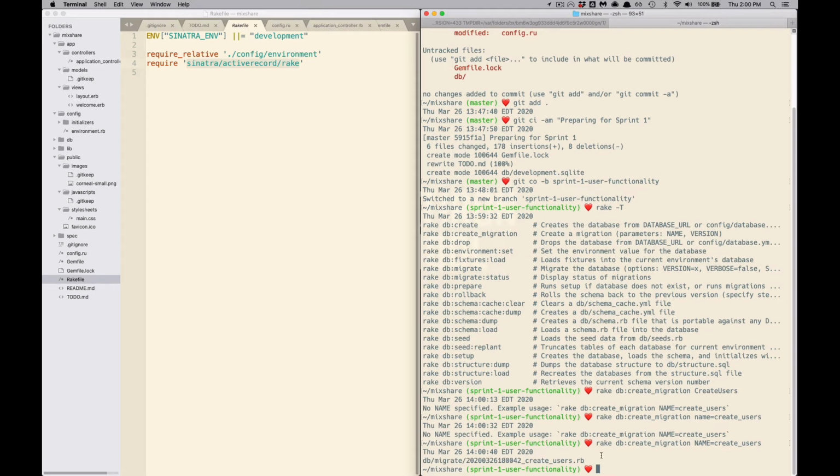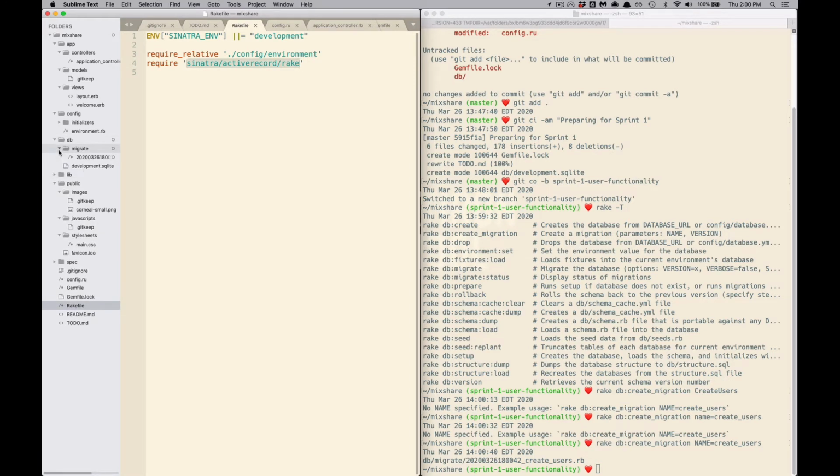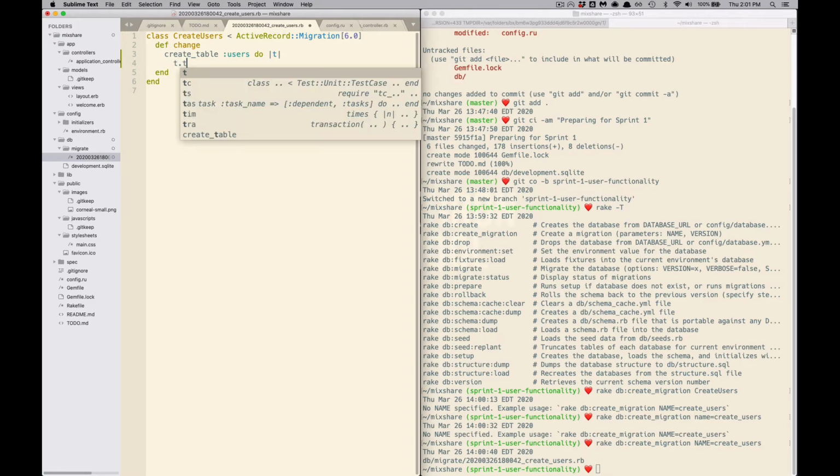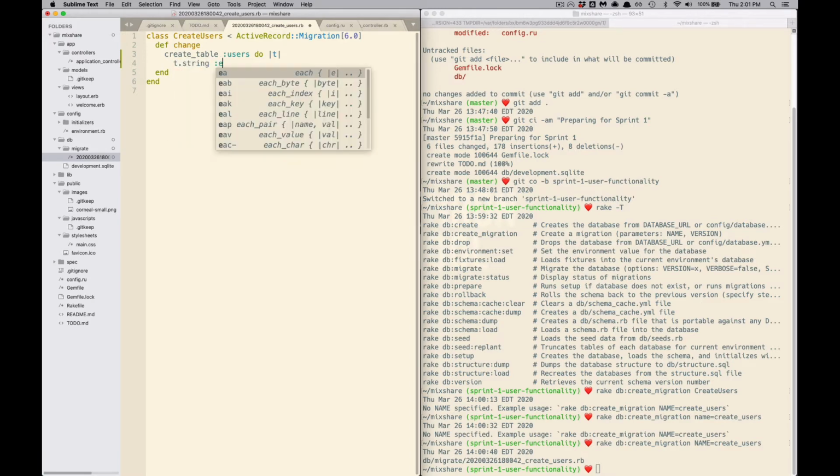All right, so that generated a migration file. Let's open that up and let's look at what it looks like. Great, create users, active record migration 6.0. That's awesome. So we know that we're using hopefully active record 6 here. Let's say create table users, do t, and we're going to say t.string email,